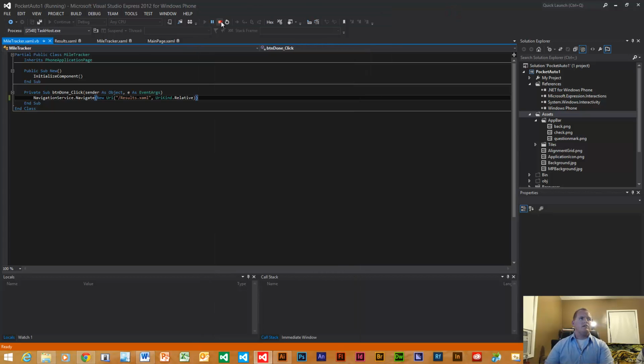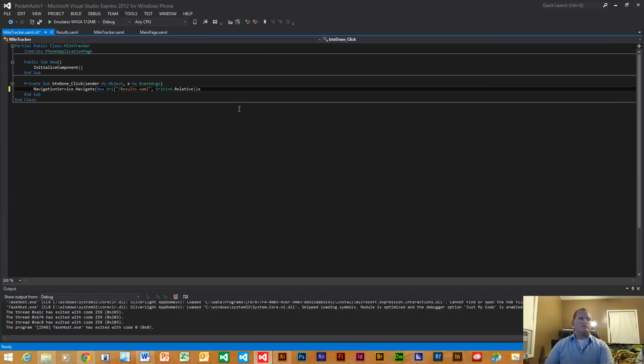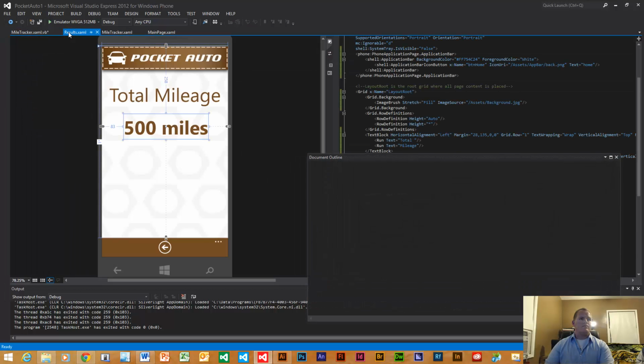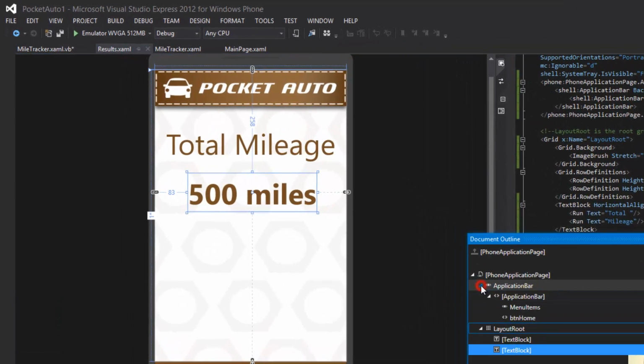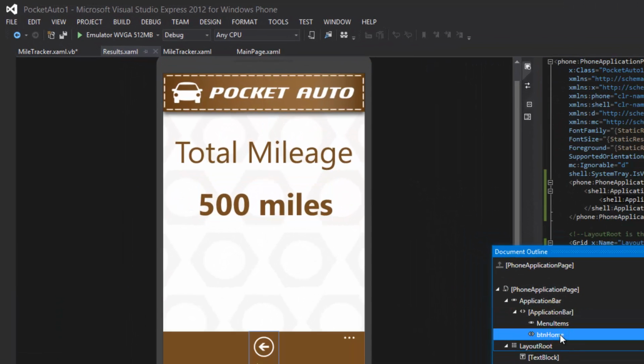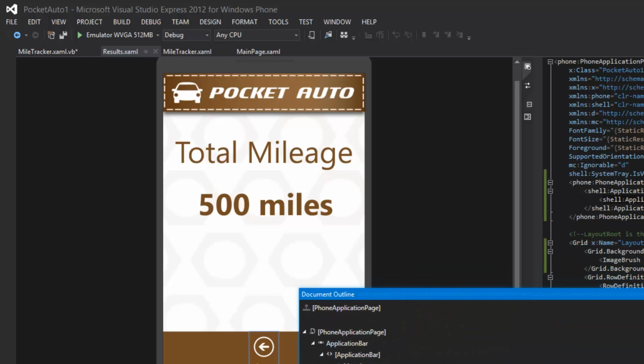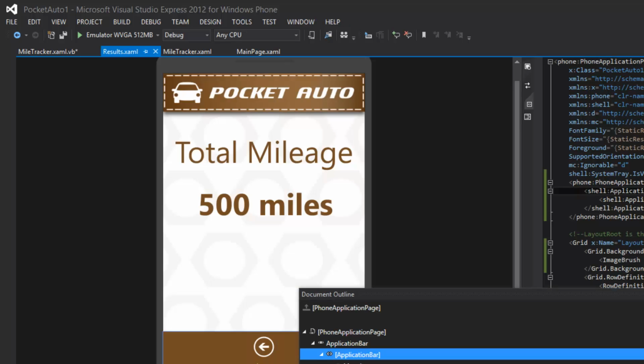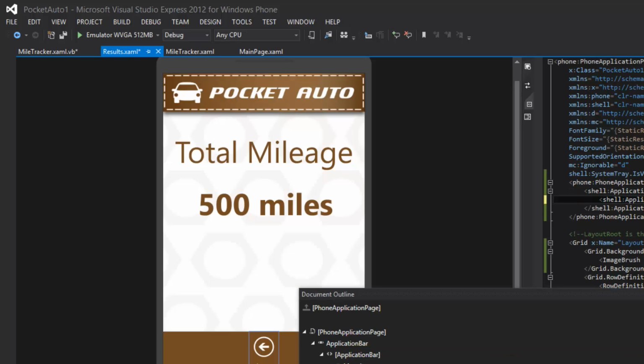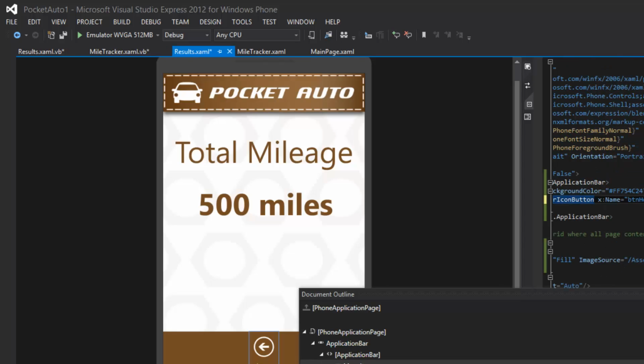So let's go ahead and just for exercise, we'll generate that button. So that was on our results page. And as you can see here, we have our home button. Let's go to right click. Oh, wait, skipping one step. We do want to do that click event up here real quick. And we're going to click, and then event handler. There we go, it generates the event handler. So now when we view the code,